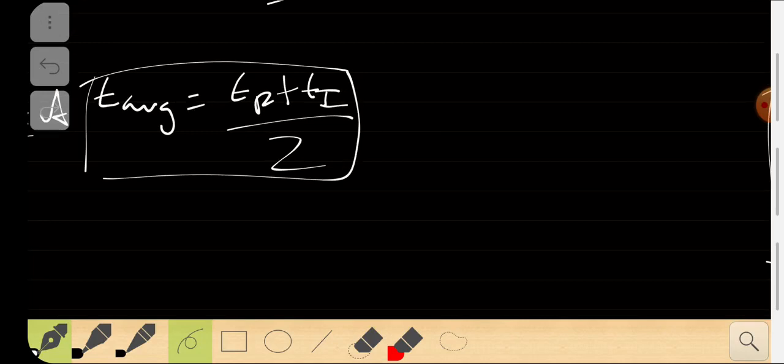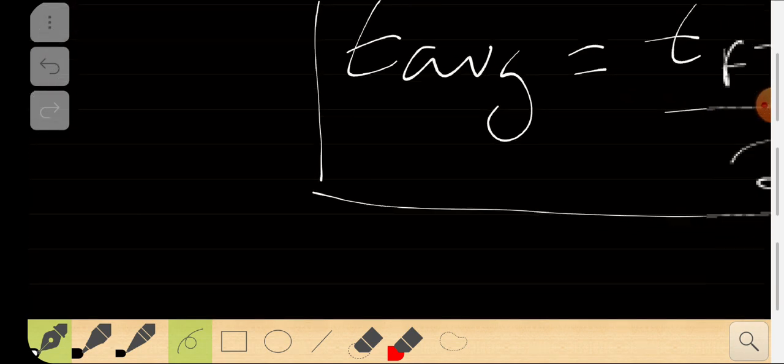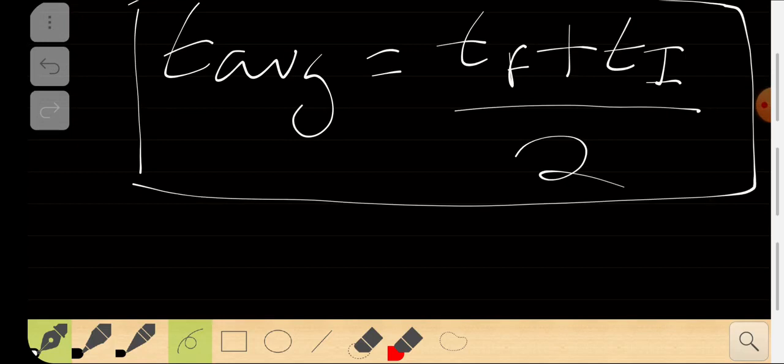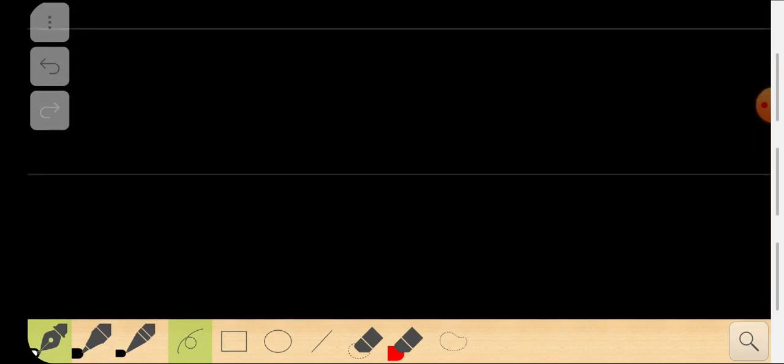Now what is the use of this mean value theorem? This is the fundamental aspect of the mean value theorem, the mathematical derivation of it. Now where can you use it? That's the most important part. What is the theoretical use of the mean value theorem? If you have a mean value theorem, what is the use of it? I'll explain that to you right now.